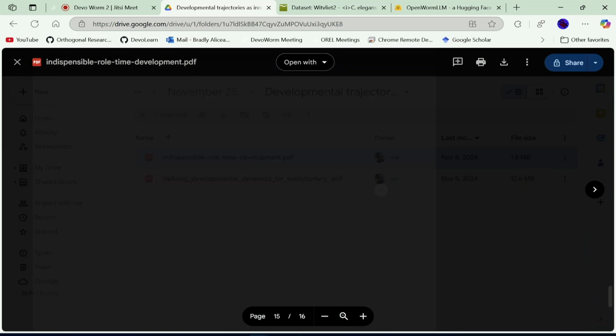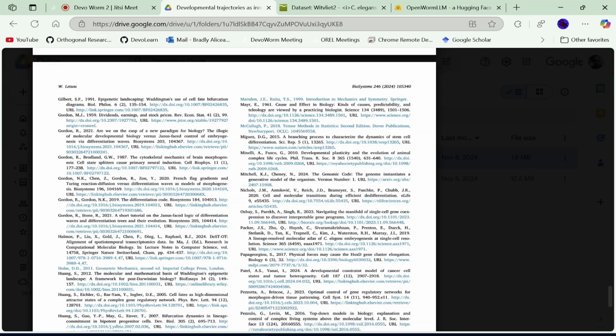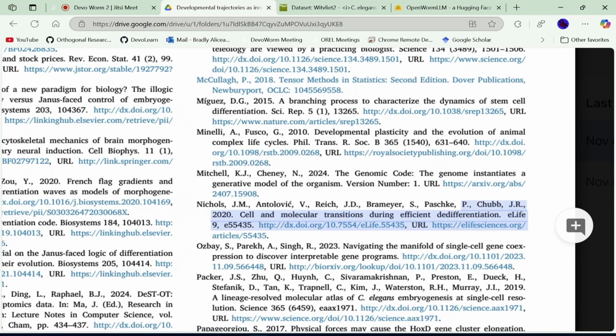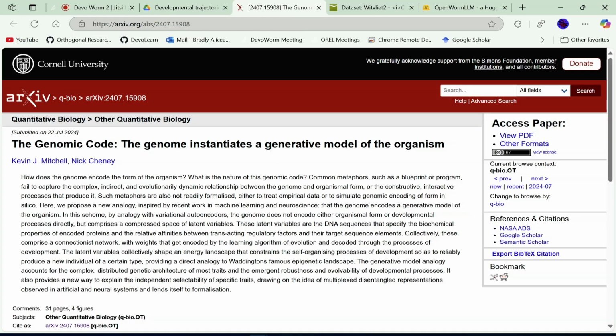This is the paper by Mitchell and Cheney, which is here, and this is the genomic code. The genome instantiates a generative model of the organism. This is an arXiv preprint. This is Kevin Mitchell, the first author. I think we went through this preprint before, but basically it uses the generative autoencoder, variational autoencoder metaphor to describe what's going on in terms of gene expression and the combinatorial gene expression you see in